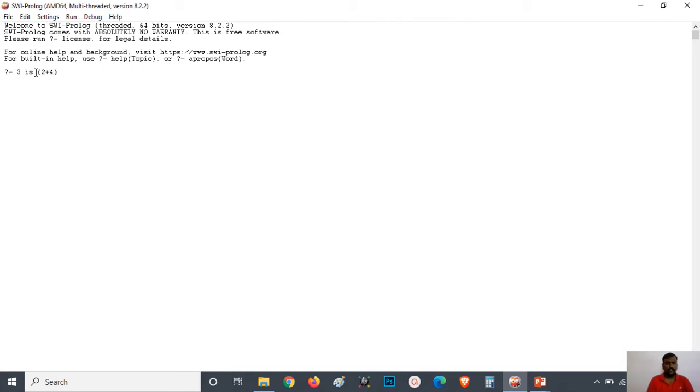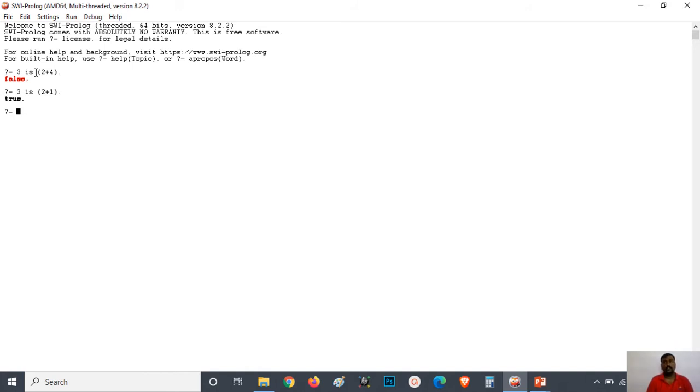After the end of every statement you have to put a full stop, and it is showing us false because 3 is not 2 plus 4. 3 is 2 plus 1. It is showing us true. So you can simply check whether some statements are true or false using this Prolog interpreter.